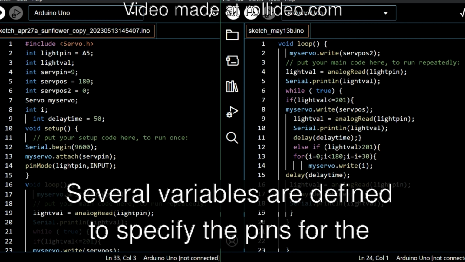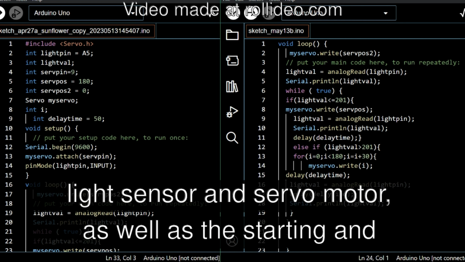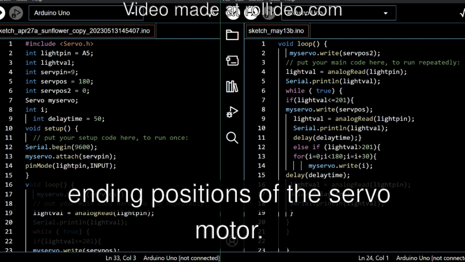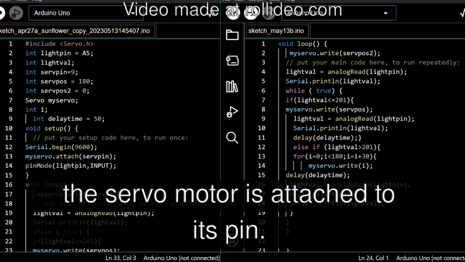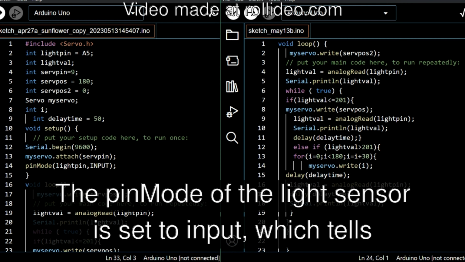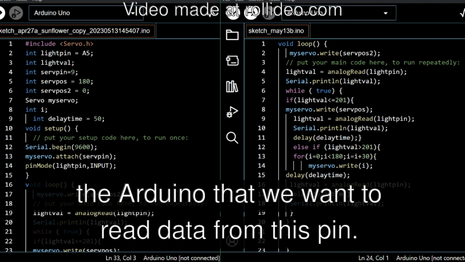Several variables are defined to specify the pins for the light sensor and servo motor, as well as the starting and ending positions of the servo motor. In the setup function, serial communication is started and the servo motor is attached to its pin. The pin mode of the light sensor is set to input, which tells the Arduino that we want to read